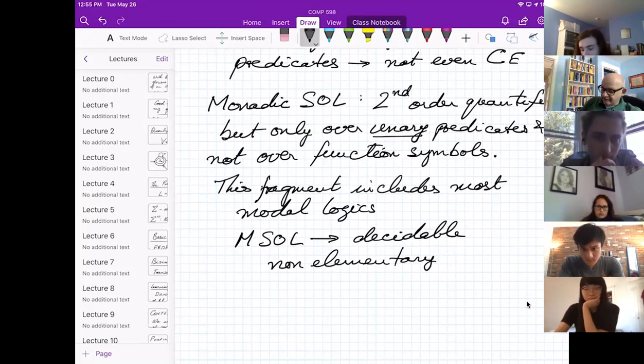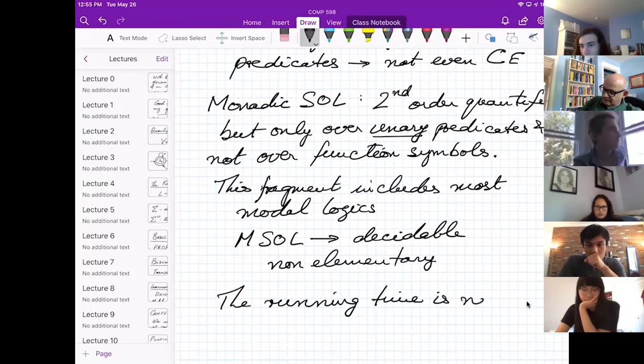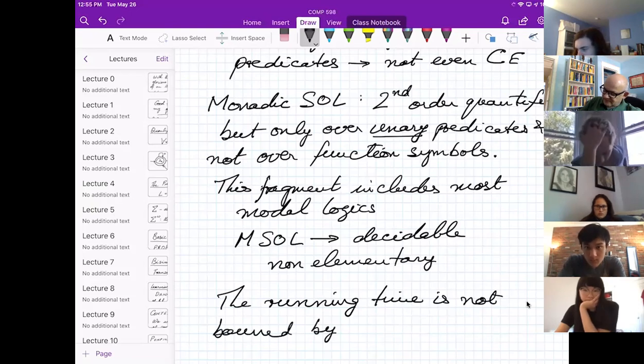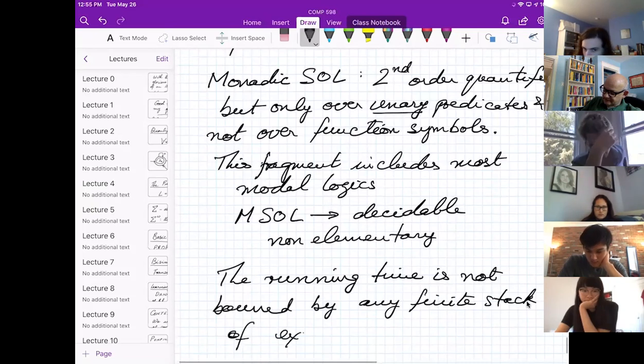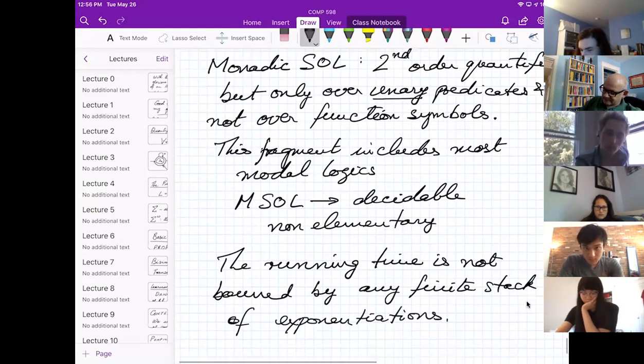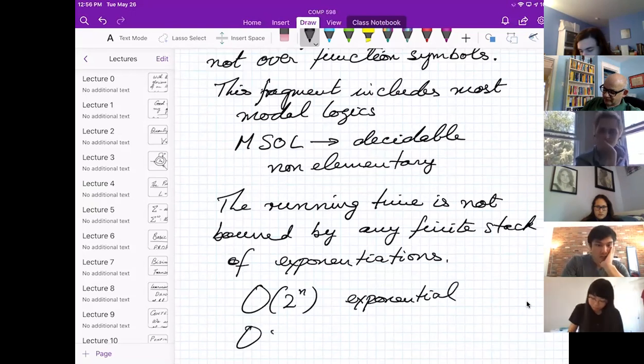So the running time is not bounded by any finite stack of exponentiations. So, you know, big O of 2 to the n, we call this exponential time. Big O of 2 to the 2 to the n, we call this double exponential.